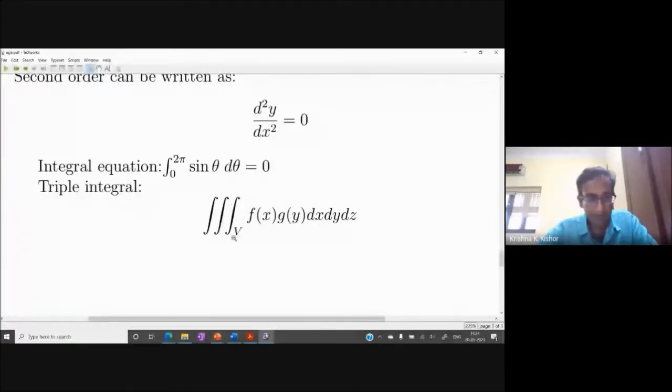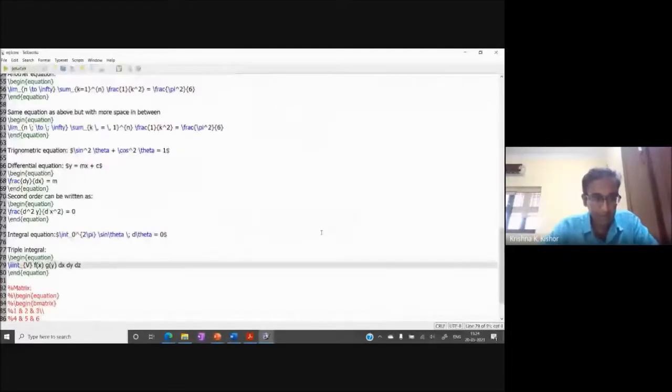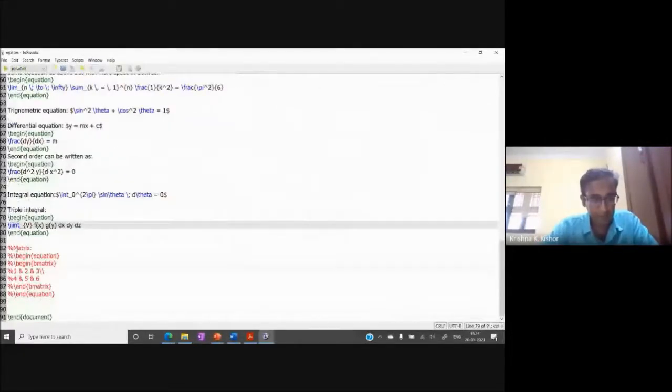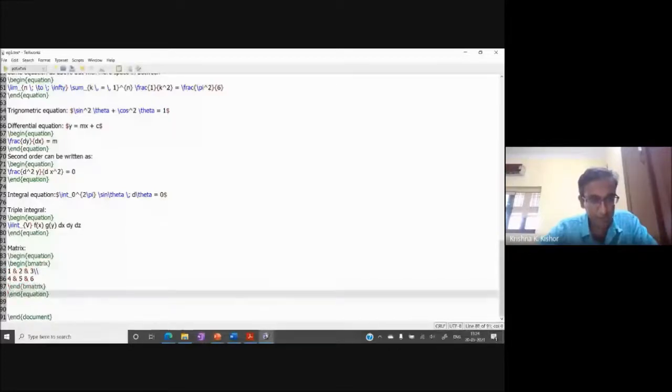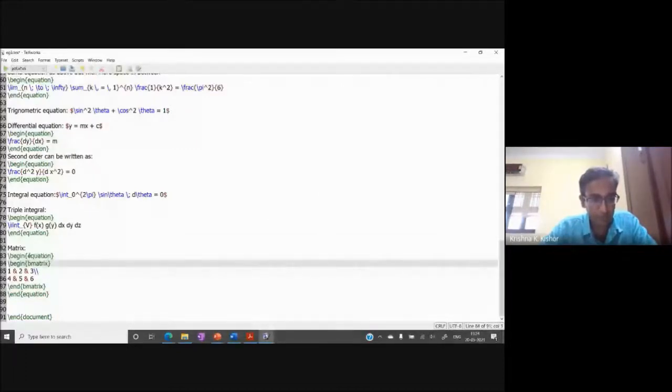Okay. I can also write a matrix out with a square bracket. There is a keyword for this, and that is bmatrix. So you start your equation, then you do your bmatrix. The command is bmatrix. So within equation you have bmatrix. You end your bmatrix and then you end your equation.